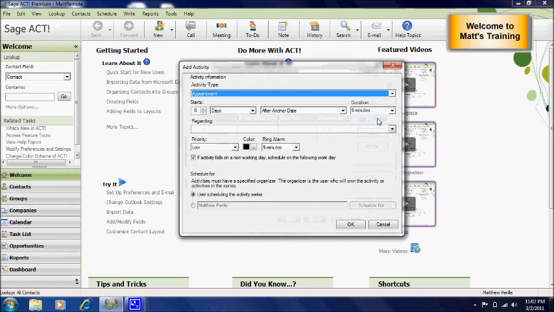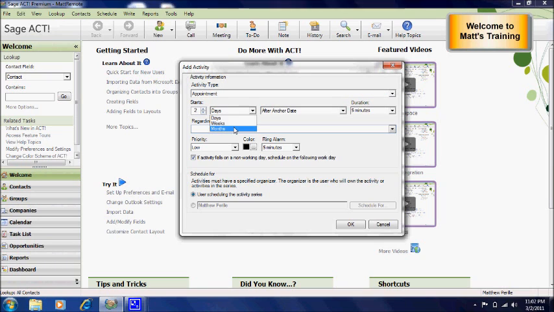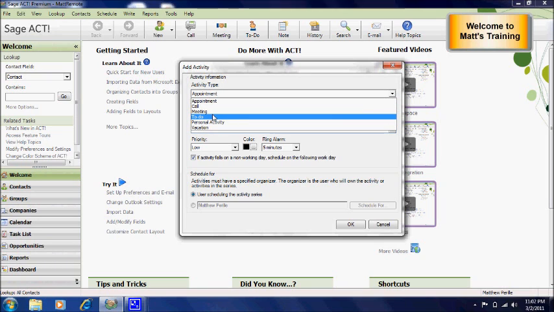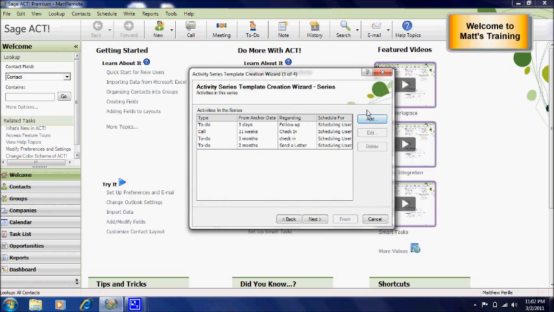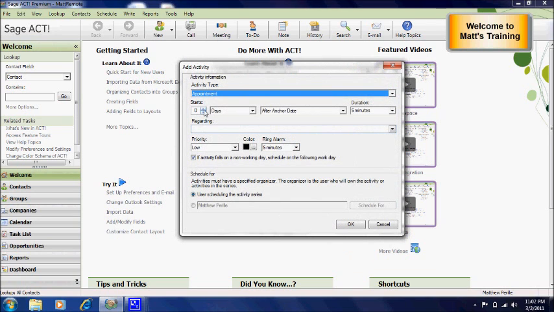Okay, so lastly, now I can go back and put something in the middle there. Let's say I just realized I really would like to do something at 2 months, and maybe at 2 months what I'm going to do is send this person a package, or something in writing. So I'm going to send them a letter. One thing I like to do with all my activity series is at the end of this series, 3 months is the maximum I have this one set for. I will go to the 3-month time frame, or maybe a 4-month time frame,